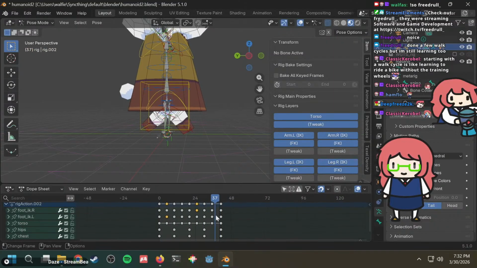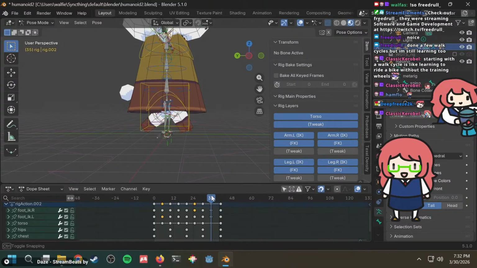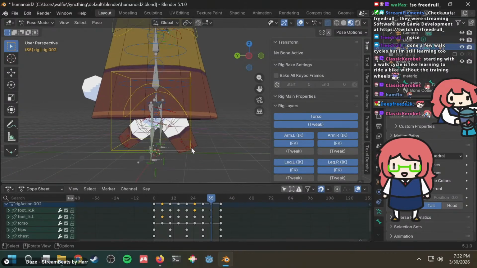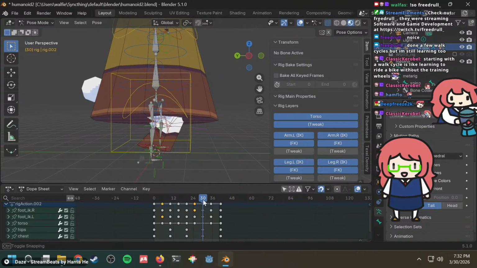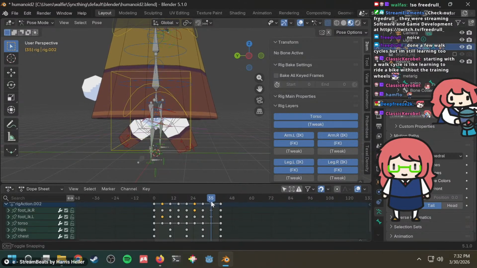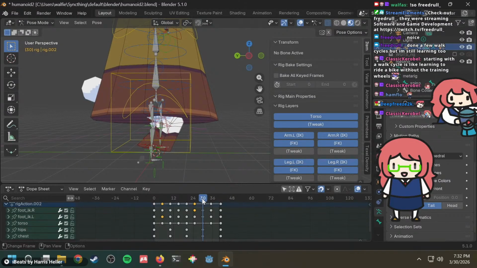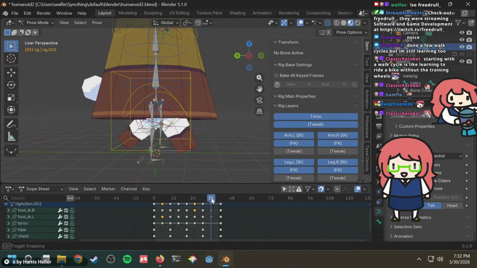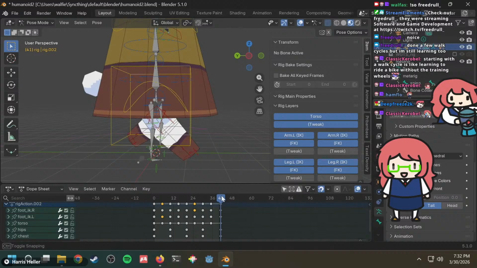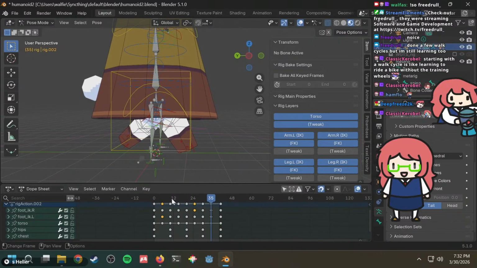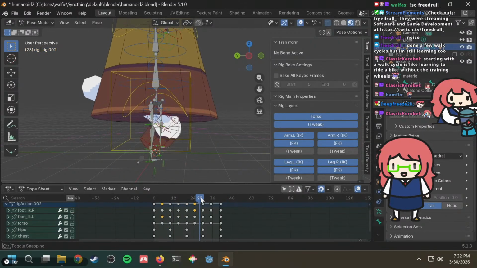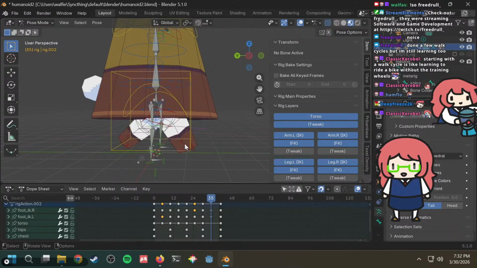Okay, so maybe we need to move this leg a bit more. So this goes from here to here, but then here to here is not different enough. So perhaps we gotta do,